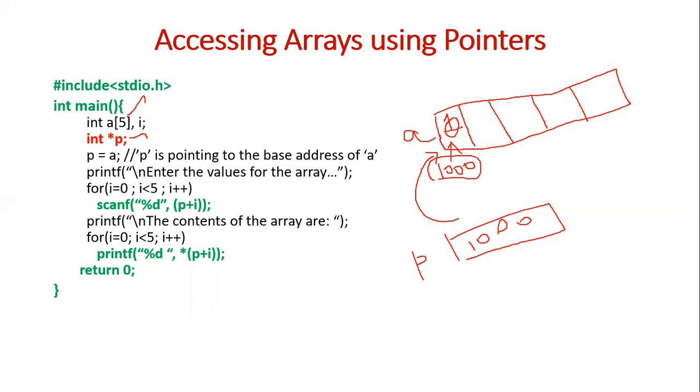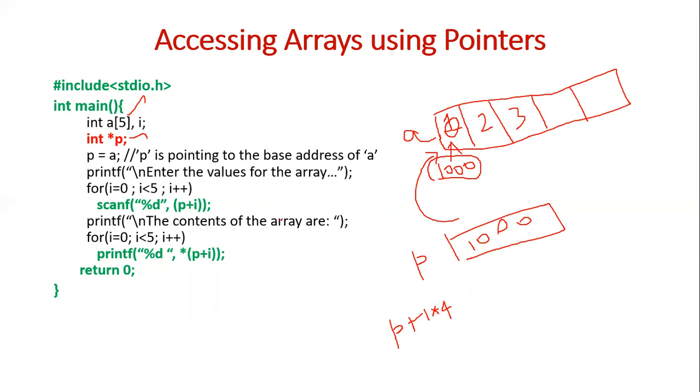Okay. So whatever the input the user gives, say the user gives 1 as the input, that will be stored here. But when it comes for the second round, I will be 1 because the loop will increment. So at that time, this will be P plus 1, but 1 means that 1 when you multiply with 4, it becomes 1 into 4, 4. So P plus 4 is 1000 plus 4 is 1004. That's the second location. So second input will go here. Third will go here. Okay.